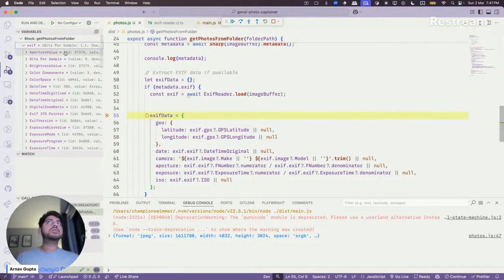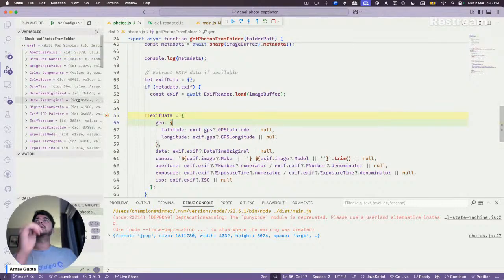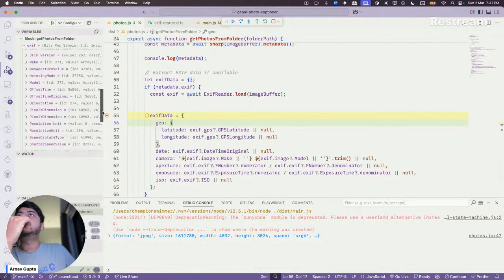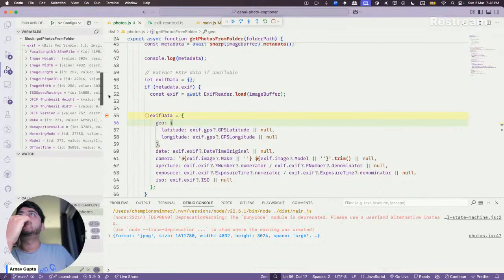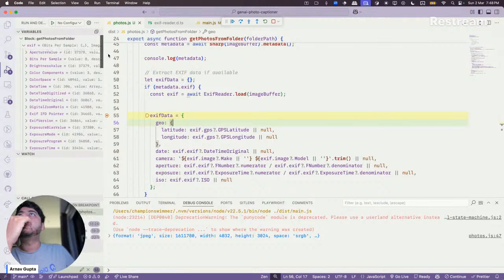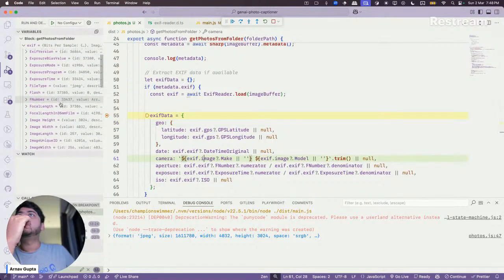Okay, this seems like not exactly great. So geo would be inside EXIF somewhere in the GPS information. Does it even exist here? The camera, okay.